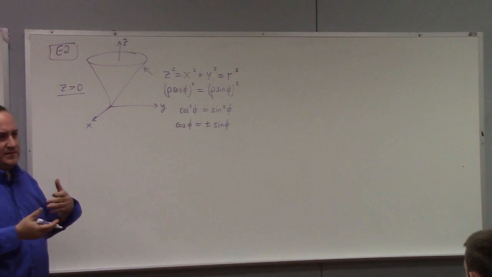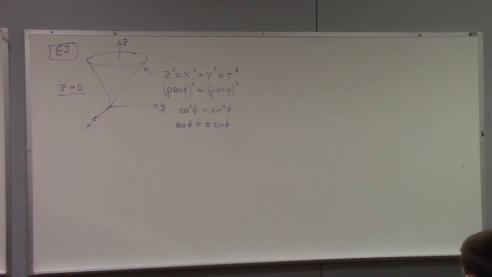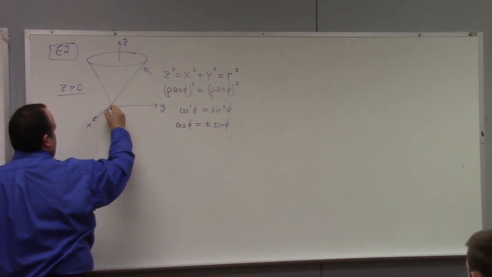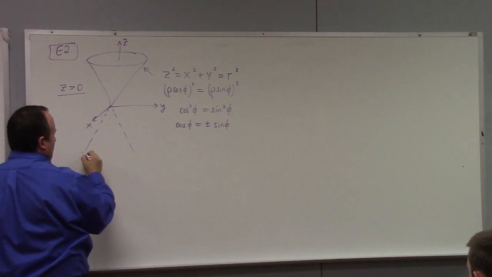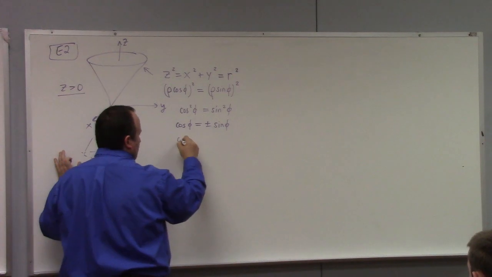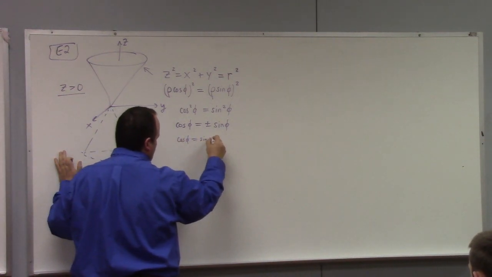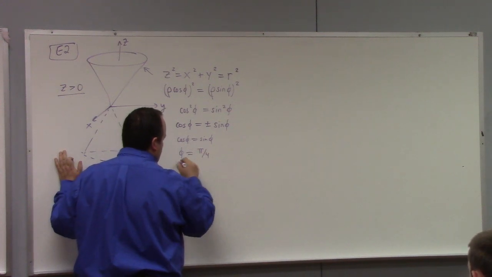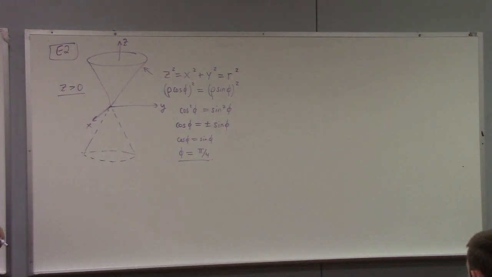The reason for that is the equation z squared equals x squared plus y squared. Their solutions are either for plus z or minus z. The minus z is the cone below. Like I said, it's a double cone. So the minus z is actually this solution set, it's also down here, right? But I'm trying to throw that out for the current discussion, all right? So because we're throwing this out, we just get cosine phi equals sine phi, which is to say that phi equals pi over 4, right? That's when sine and cosine are equal with an angle between 0 and 90 degrees, right?